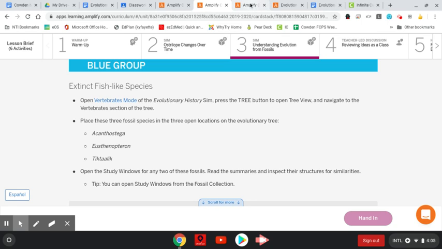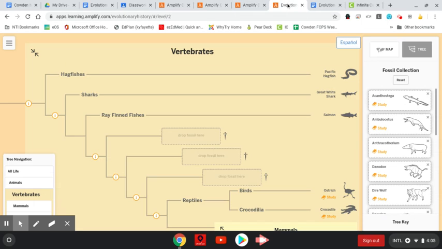Now remember, when you open your simulation, you want to actually go all the way down into vertebrates and click tree. Okay, so the first thing you want to do is click tree. Then when it opens up, you want to go into vertebrates, and you have to go through each one. It will start you out at life. There are only 3 spaces, and what I would recommend doing is just getting rid of the ones that you do not need by clicking the X over here,